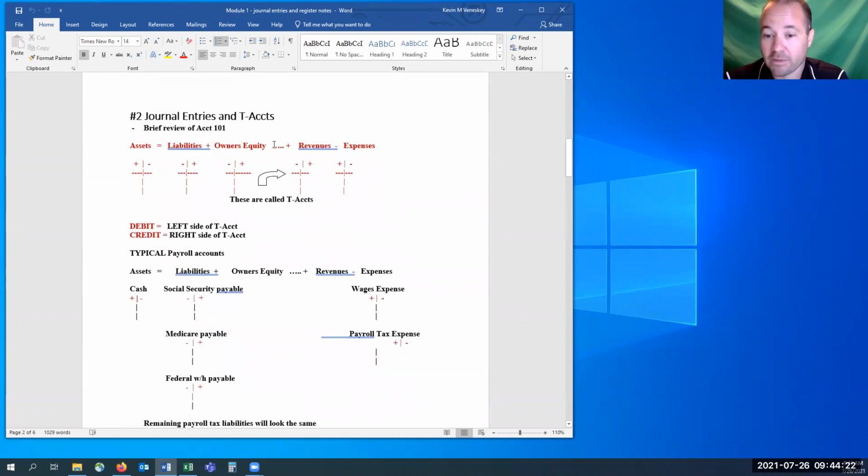All right, so as we get into journal entries, here is the primary, what you would call the accounting equation. So there's an equal sign that makes it an equation. Everything over here, which is just the assets, whatever this number is, has to equal whatever all of these total up to, all of these 4 items. And so that's, just kind of keep that in mind. These are known as our T accounts. And at this point, I'm going to bring over